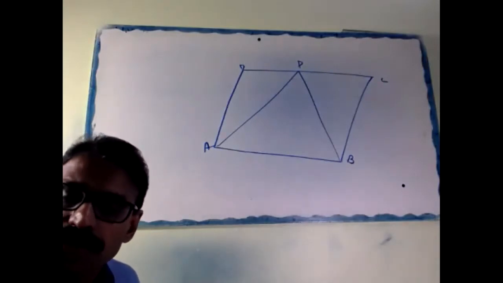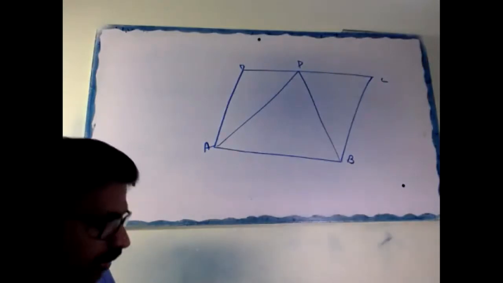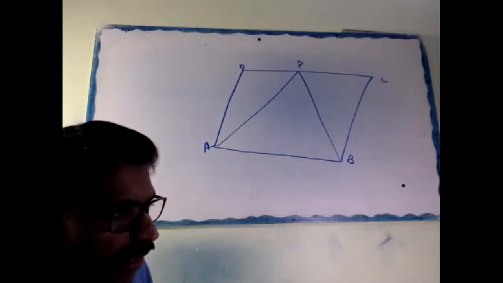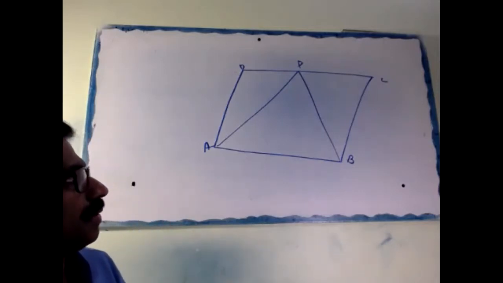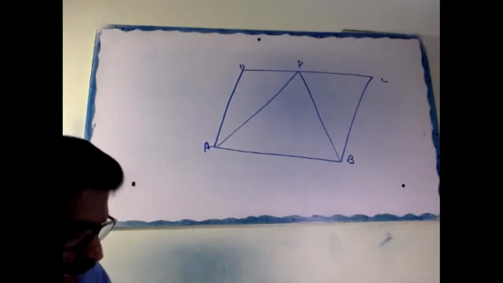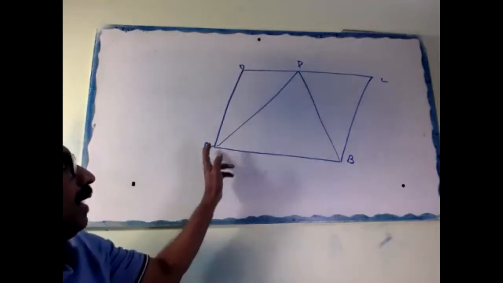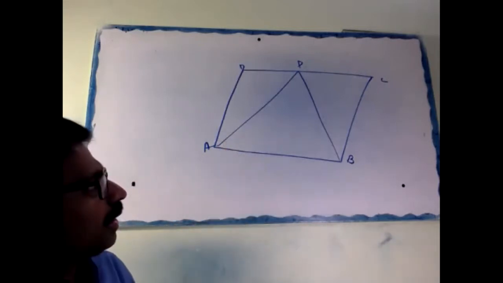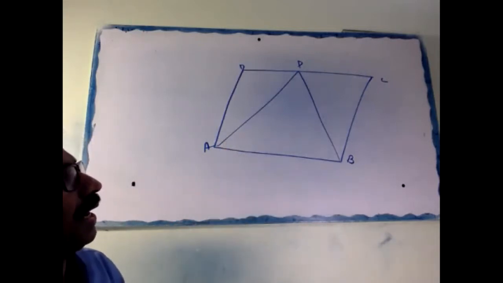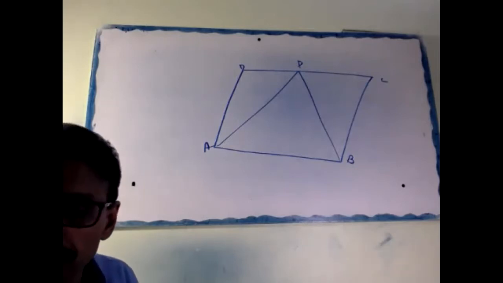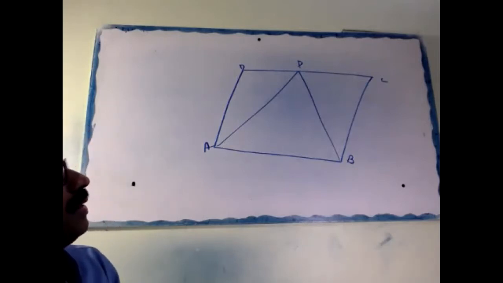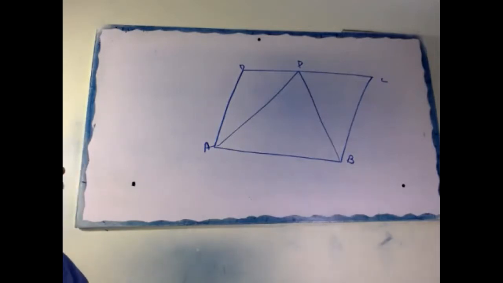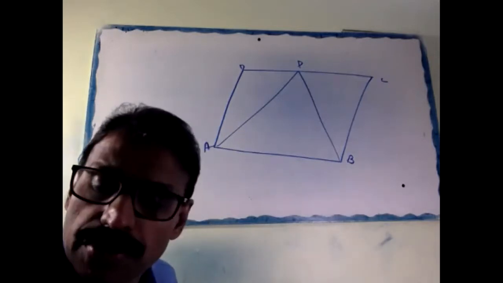Okay. Question here. Listen. ABCD is a parallelogram. Angle DAB is 60 degrees. The bisectors AP and BP intersect at P. Prove that DP equal to PC. Okay, draw first.